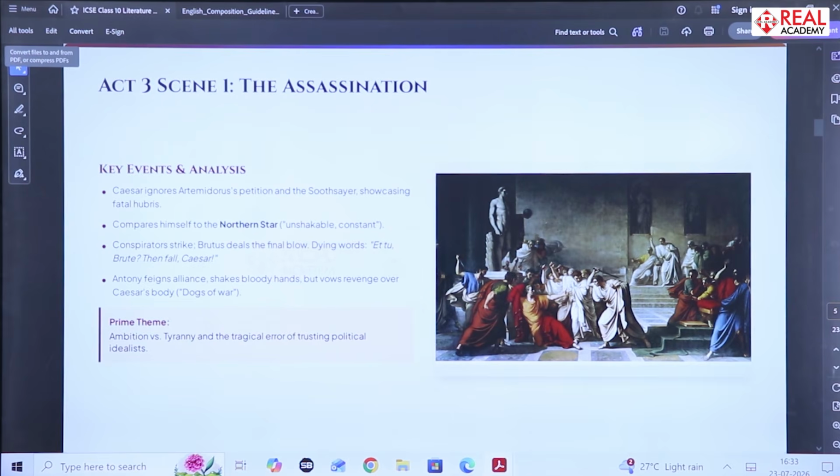Soon Mark Antony's servant arrives and informs Brutus that Antony wishes to know whether he is safe. Brutus assures him that Antony will not be harmed because the conspirators have acted out of patriotism, not personal hatred. Antony then enters, pretending to accept Caesar's death. He cleverly praises the conspirators, shakes hands with each of them despite their blood-stained hands, and asks permission to take Caesar's body for a proper funeral.